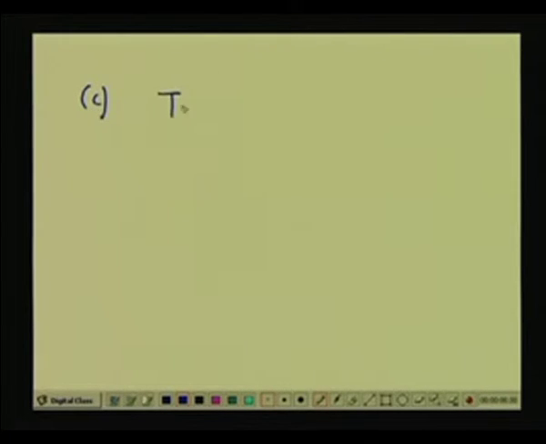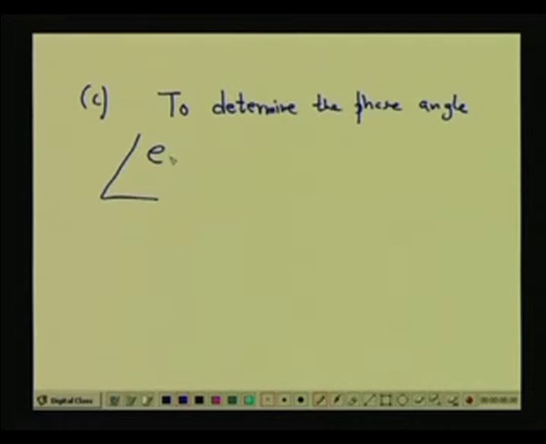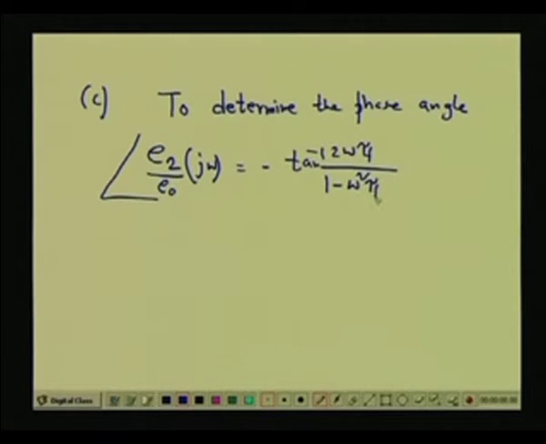To determine the phase angle, E2 by E naught is j omega, minus tan inverse of 2 omega tau f upon 1 minus omega square tau f square. So, this will give you minus